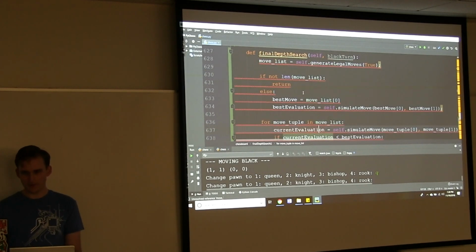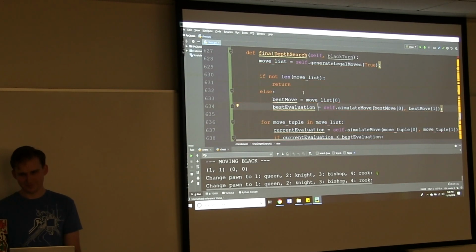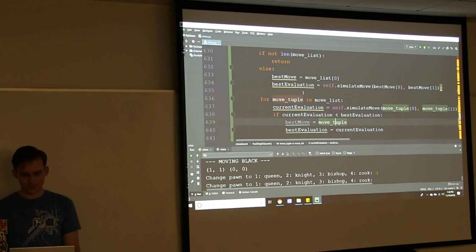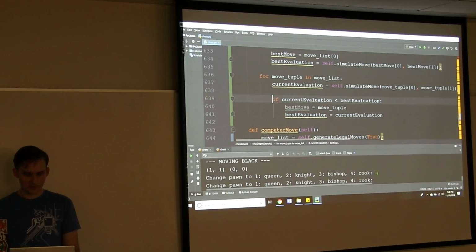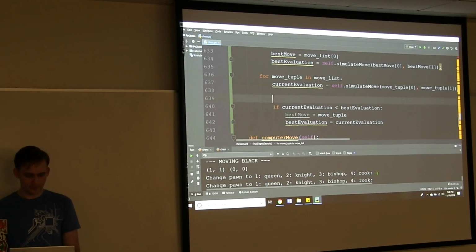Now this does take a little more logic, insofar as we need to be selecting things differently. If it's black's turn, we're going to do what we're already doing, but if it's white's turn, we need to do the opposite, which is minimizing.